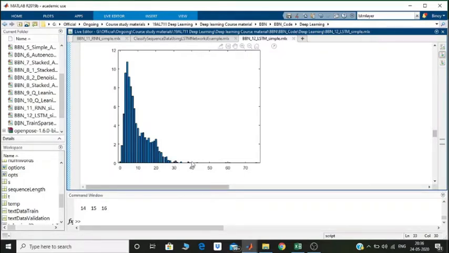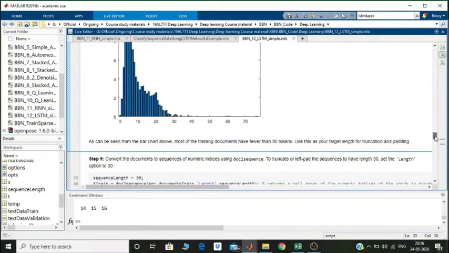But unfortunately, the problem is that if you set a very large token length, we will have issues with padding the sequences. We will see how that happens in the future. So it's a good idea to choose the token length which covers most of the patterns and does not require you to do a lot of zero padding. How that is done, we will see in the next case.